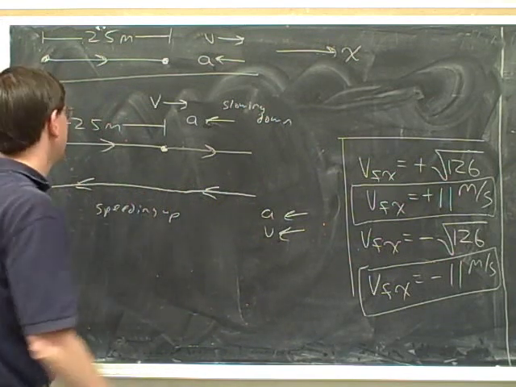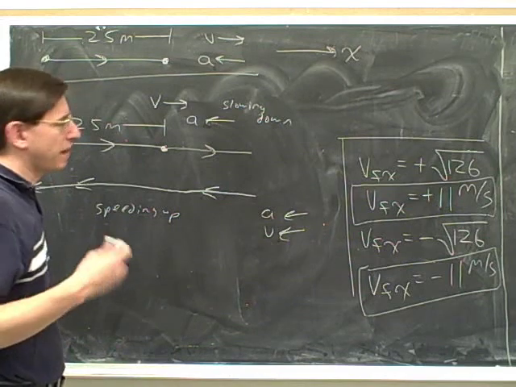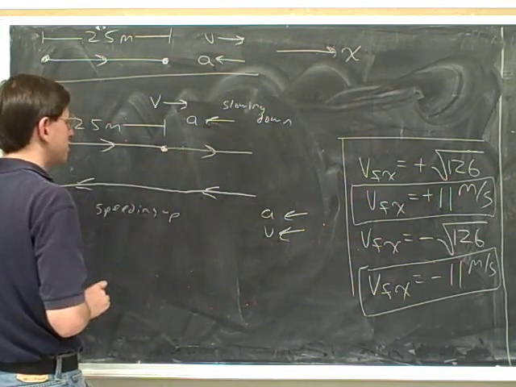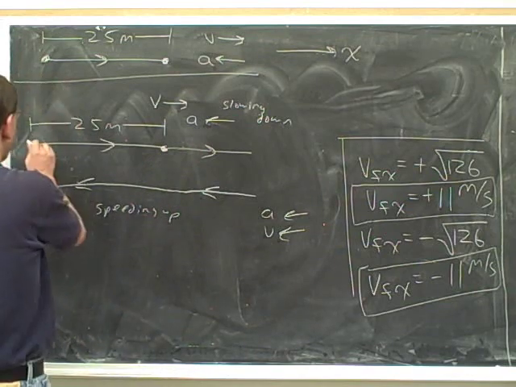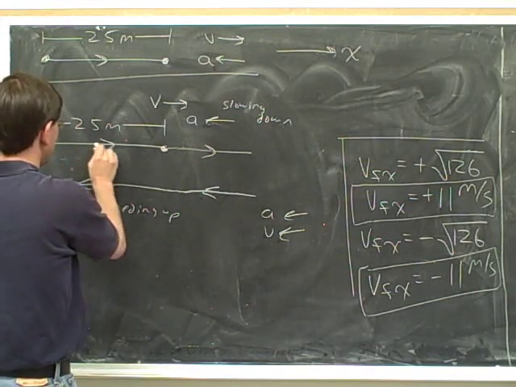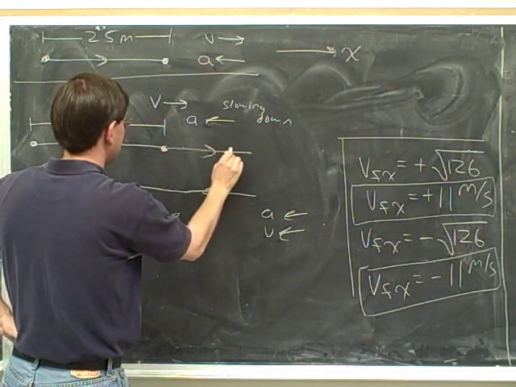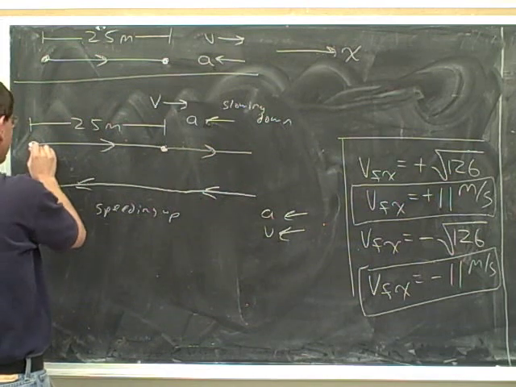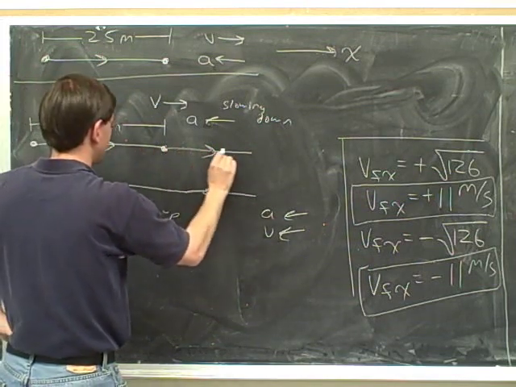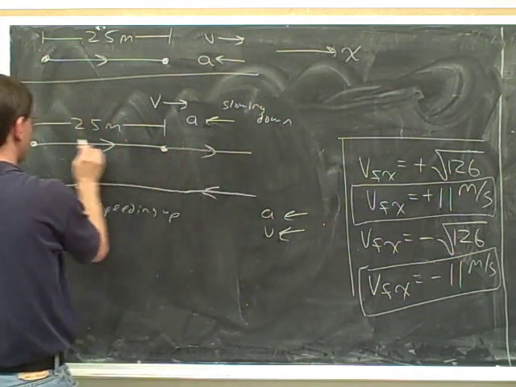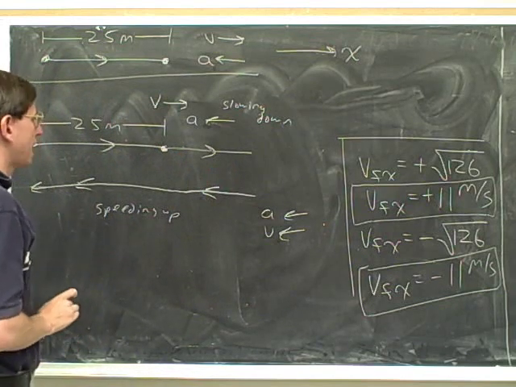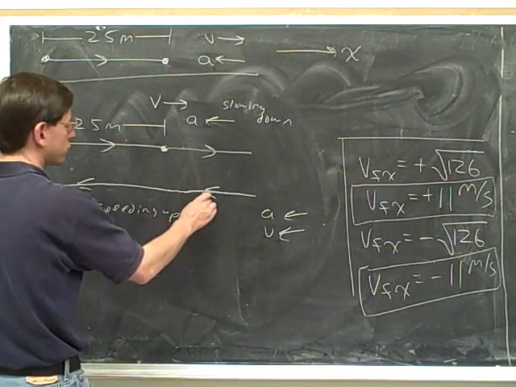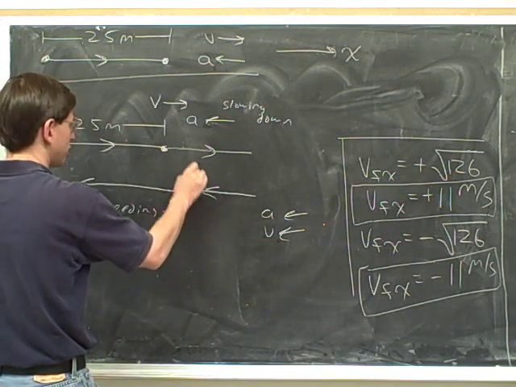Now, of course, in reality, you'd be moving back along the same path you came across. The only reason I'm putting this path down below this path is just so that they don't obscure each other. So in reality, the chalk is going like this, moving slower and slower to the right, and then moving faster and faster to the left. You would go back along the same path that you set out along because we're doing one-dimensional motion. But I put the return path down here just so we could see it clearly